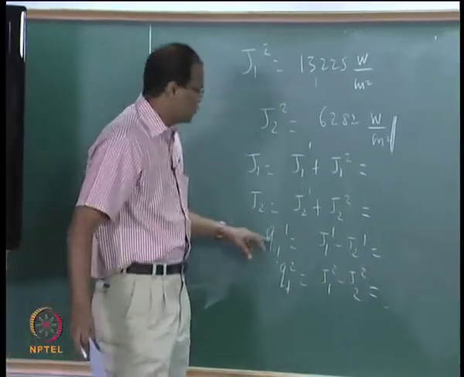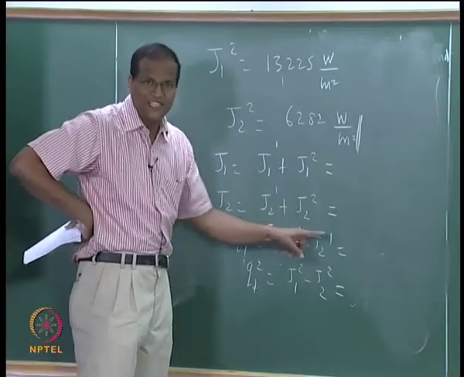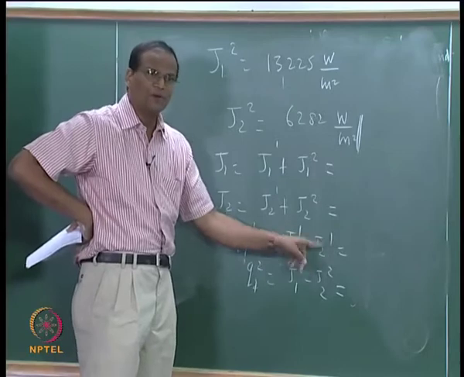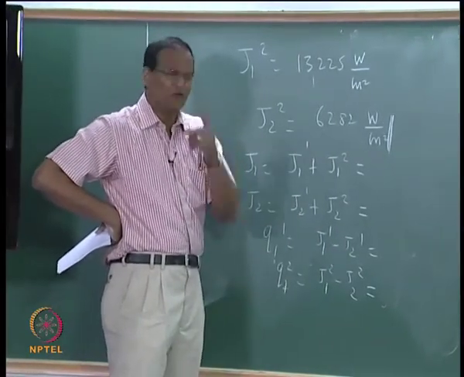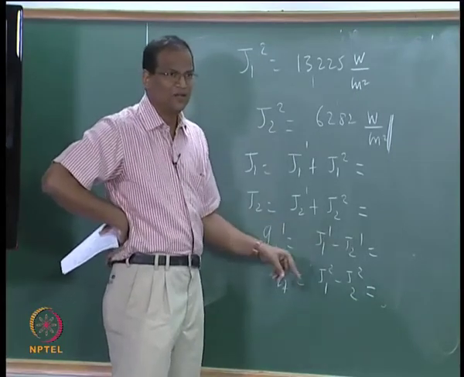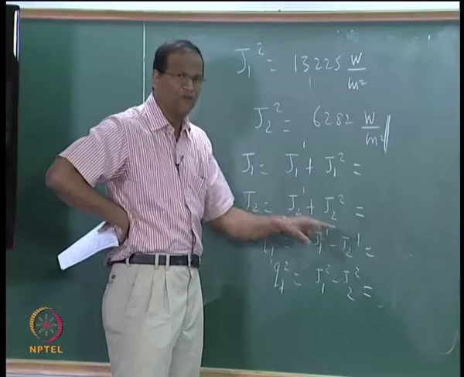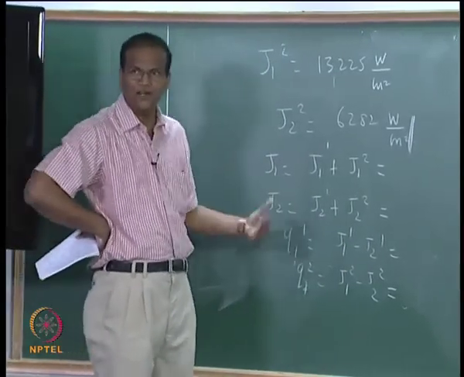I am able to write Q is equal to J1 minus J2 because Q is equal to J1 minus G1. G1 for this problem is J2, we have done so many times. When you study for quiz, you should not get confused. How did I write Q equal to J1 minus J2? It is obvious. J1 minus G1. G1 for this problem is F11 J1 plus F12 J2. It is J2. Therefore, I can write.